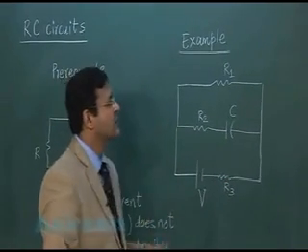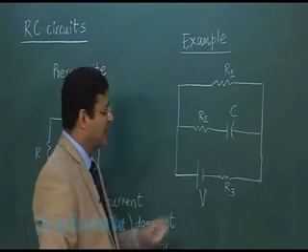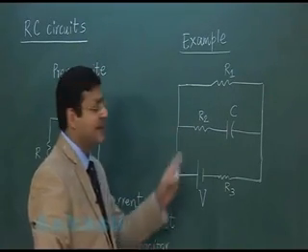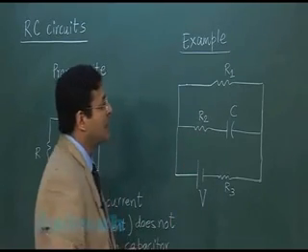This is a kind of situation in which three resistors R1, R2, R3 are given. They are connected to a voltage source. In series with R2 there is a capacitor C, and you have to find